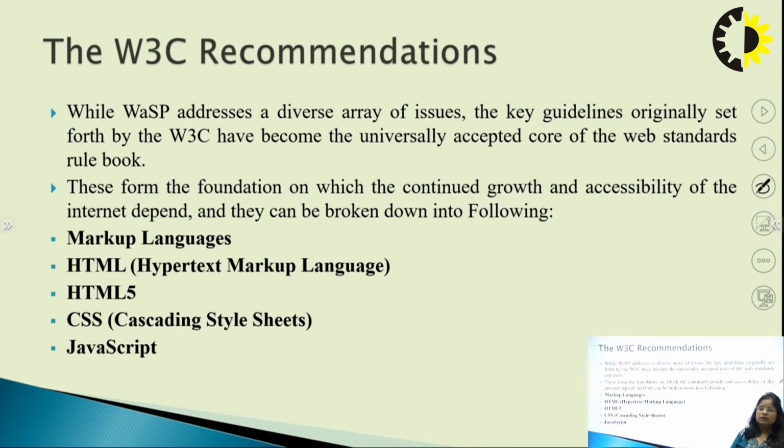So, W3C recommendations. While the web standards project addresses different issues, the key guidelines originally set forth by the W3C have become the universally accepted core of the web standards rulebook. These form the foundation on which the continued growth and accessibility of the internet depend, and they can be broken down into the following.